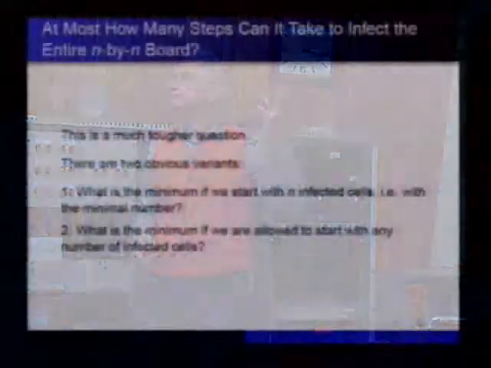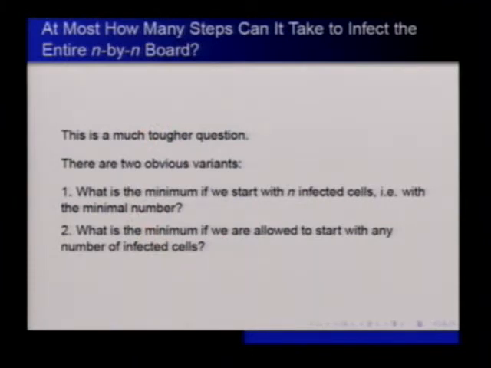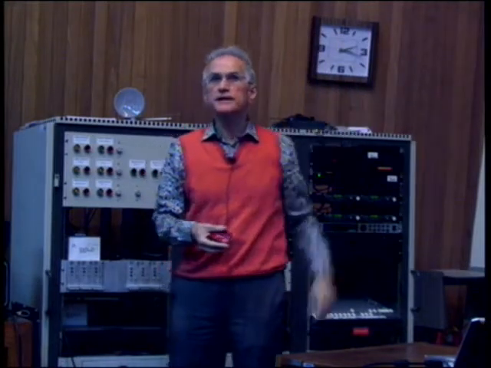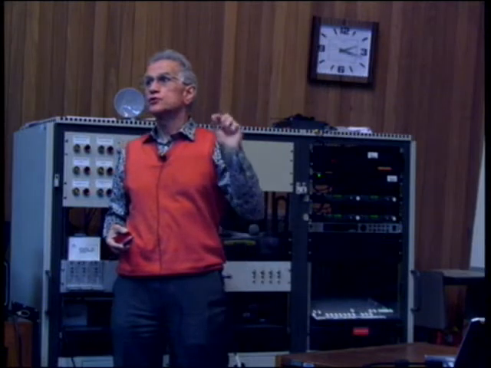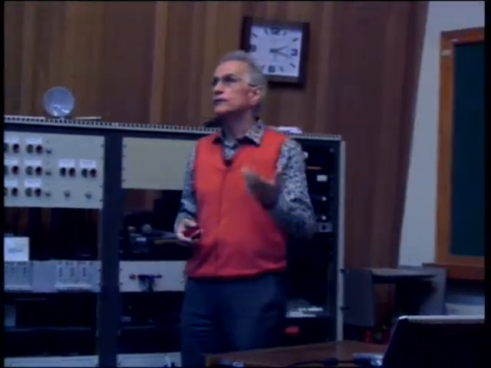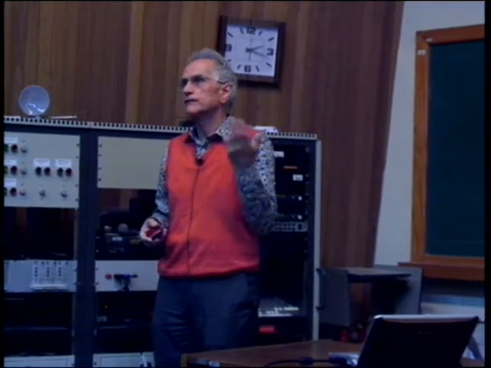And there are several variants, but two variants is what happens if you use the minimal number, which let's assume we have shown is n, or what happens if you take any number of infected sites. So how slow a process can you give? Remember, the diagonal infected everything in n-1 steps. Okay? Now, take any configuration you like, which should percolate, should infect everything, but should do it slowly. It cannot do it fast. I mean, of course, the speed is given. There's nothing you can do about it.